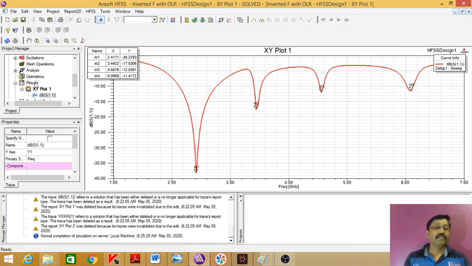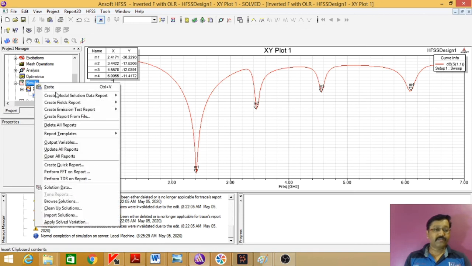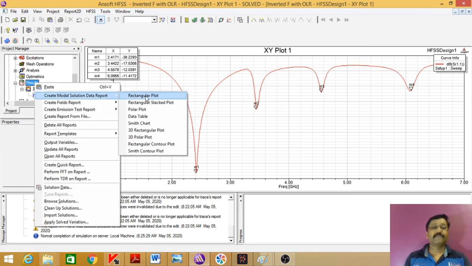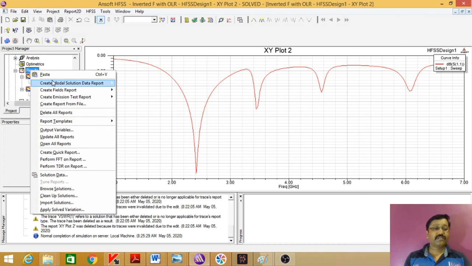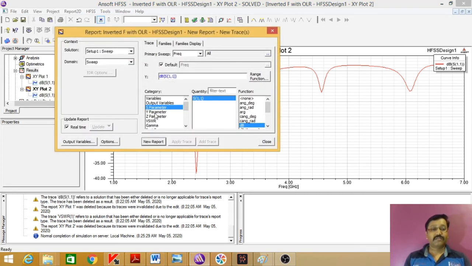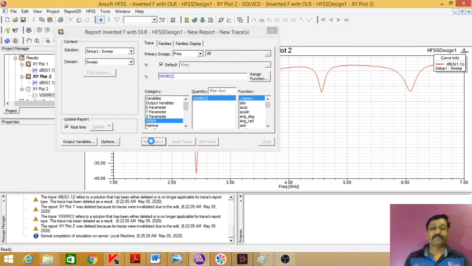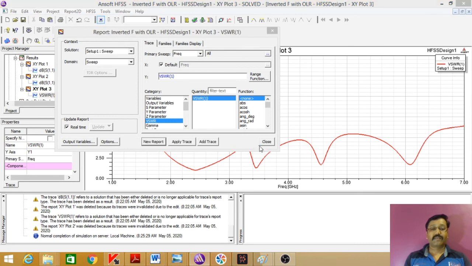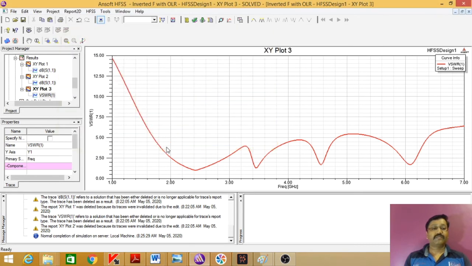If you want, you can see the VSWR plot as well. From this, click on result, rectangular plot, then click on VSWR and then new report, then close.